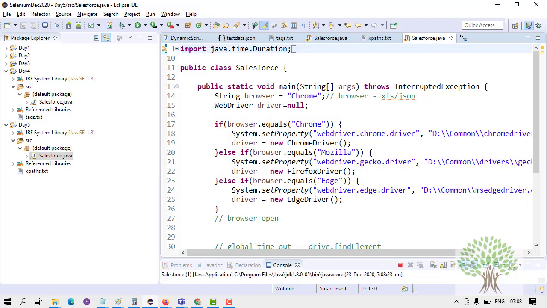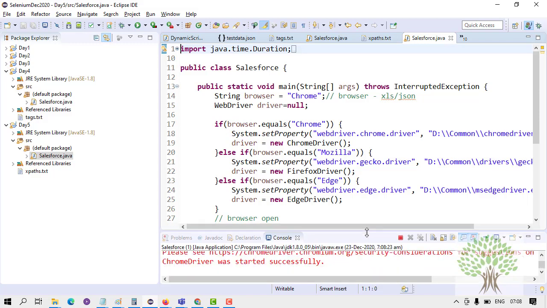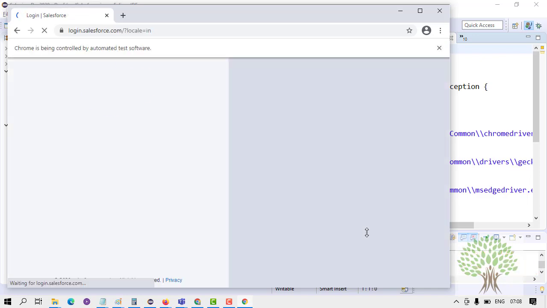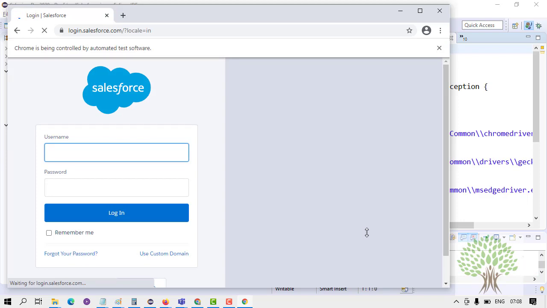I have executed the file. Right. So in this, suppose